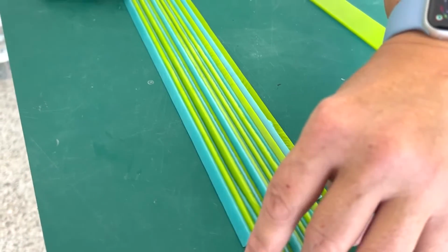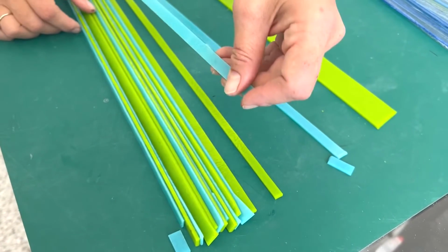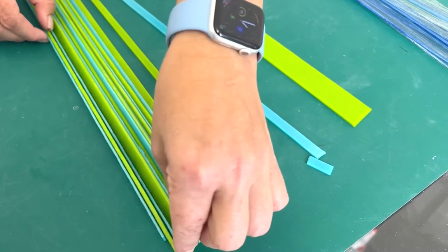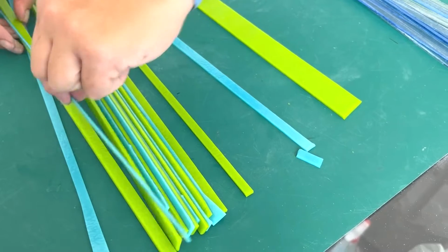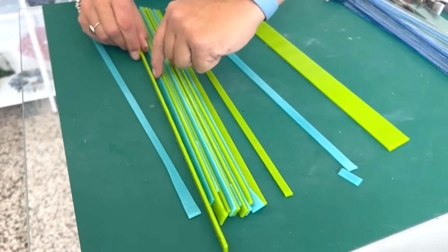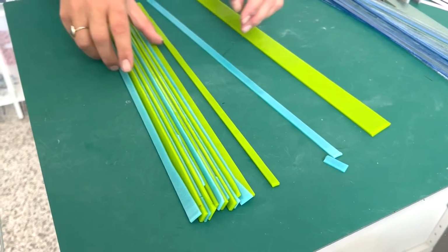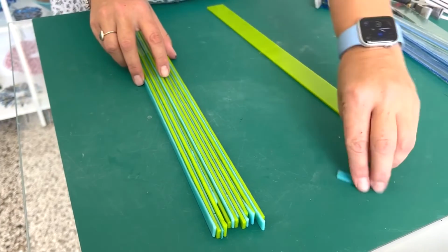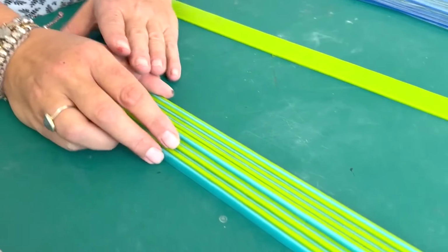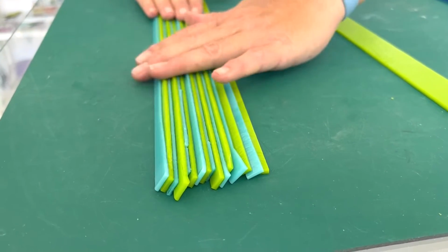Now what I'm going to do is move this one. I'll show you. I'll move this one here and this one here, so that the ones that are broken are further back. So if you do break, it's not the end of the world. You can just pop them together, and it's going to make it easier. So then, when it's in the kiln, you're just bringing it to one side, working it so that this end